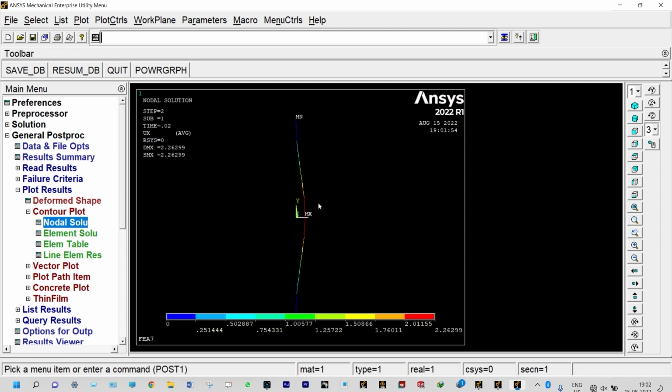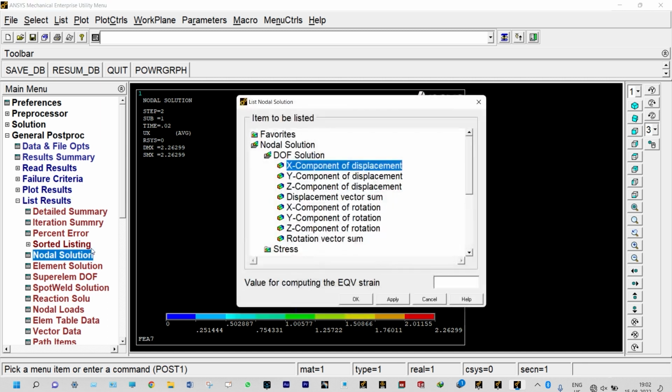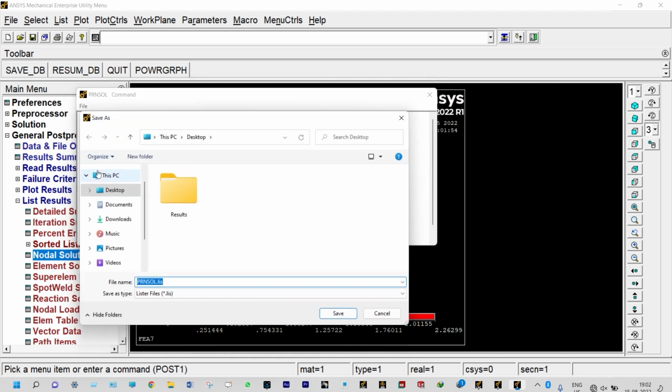So this is the displacement for the second step. Now we can see the displacement in terms of listing also. So list results, the same thing you can view in the form of list results, nodal solution, x component of displacement. This is the displacement of second step after 0.02 seconds, right? Okay, now we can save this one again, file, save as 2,